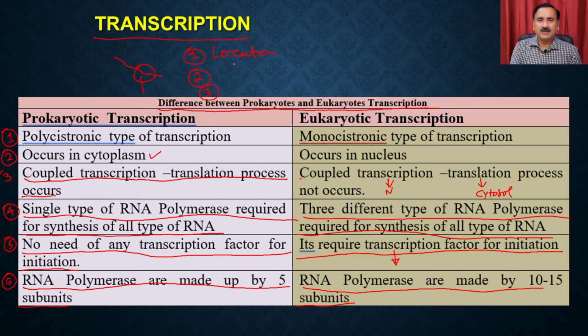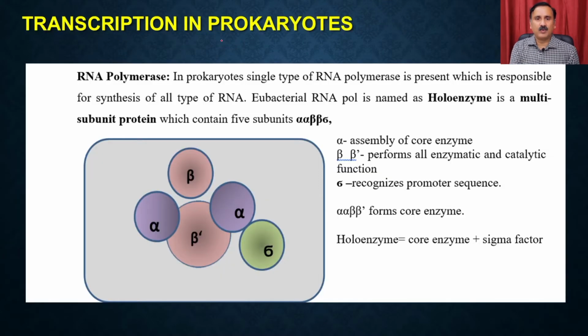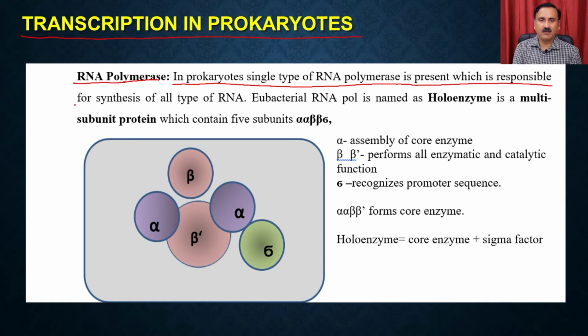So we are going to start discussing the transcription in the prokaryotes, and then we are going to discuss the transcription in the eukaryotes. So transcription in prokaryotes. When we want to start the discussion about transcription in prokaryotes, first we have to discuss the machinery. In the case of prokaryotes, the only machinery we require is the RNA polymerase, right. So in prokaryotes, a single type of RNA polymerase is present, which is responsible for the synthesis of